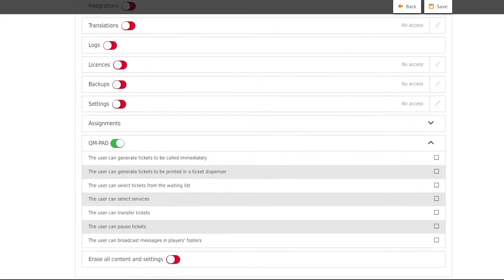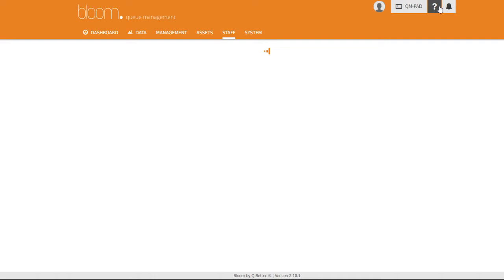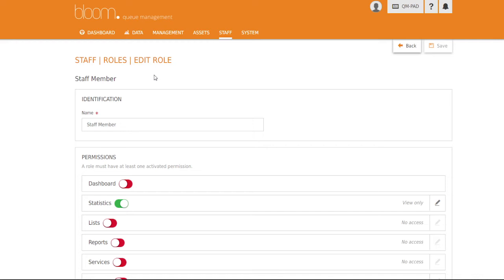And you can also give them the choice to generate tickets and call immediately through the Keypad, print tickets from the Keypad, select tickets, services tickets, and pause tickets as well. I will enable all options and save. So now that you set up the role for the staff members,